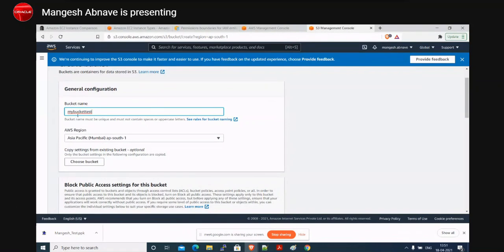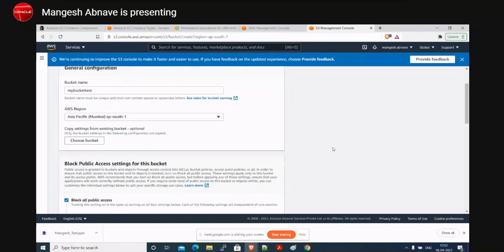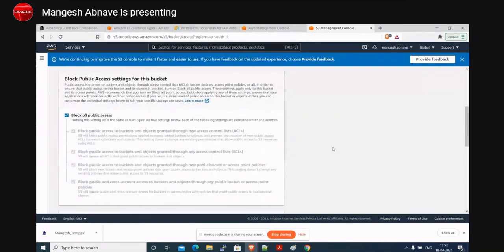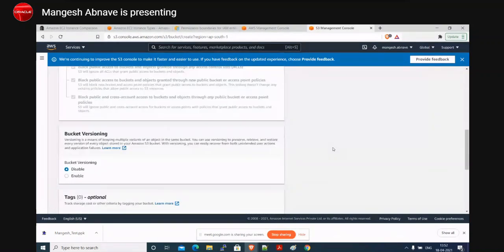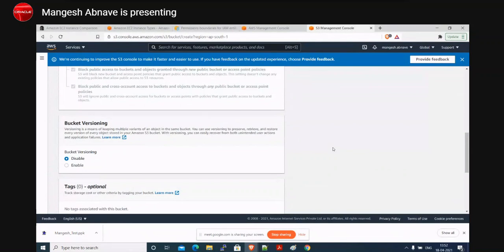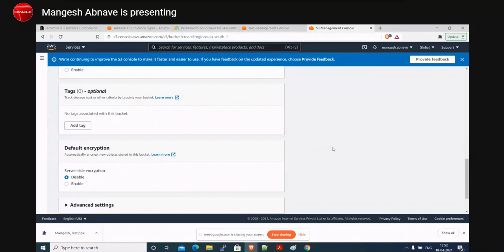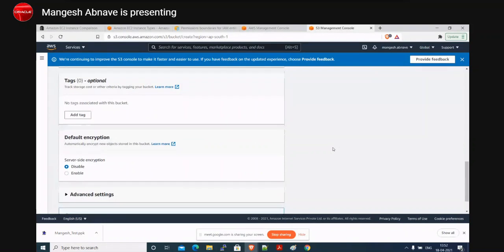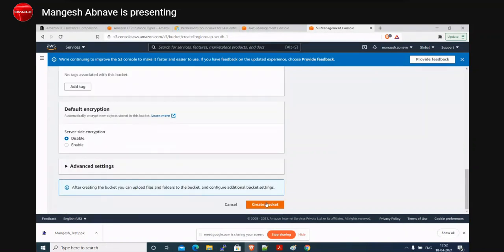This is the region where I want this bucket to be created. If I had an existing bucket I could copy all the settings, but I really don't have any bucket. Is this bucket publicly available? No, it is not publicly available. Bucket versioning, do I need it? No, I do not need any versioning. We will not discuss anything at this moment. We just need to create this bucket, so I would say create.